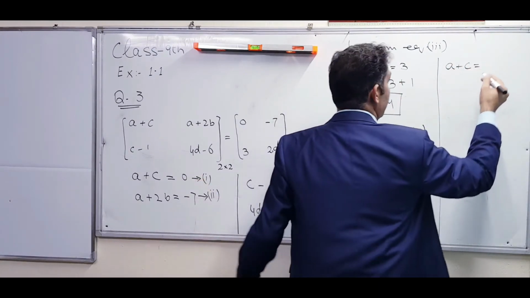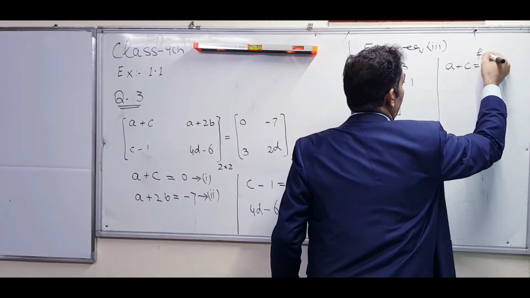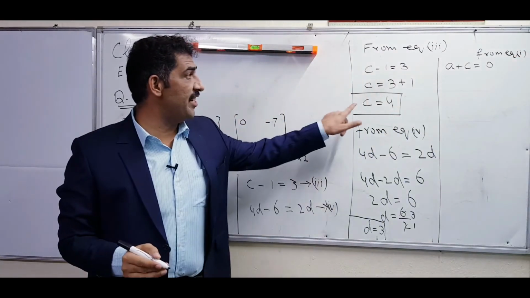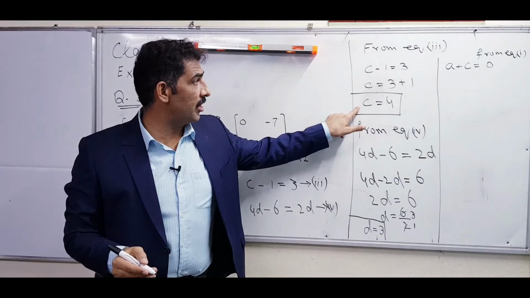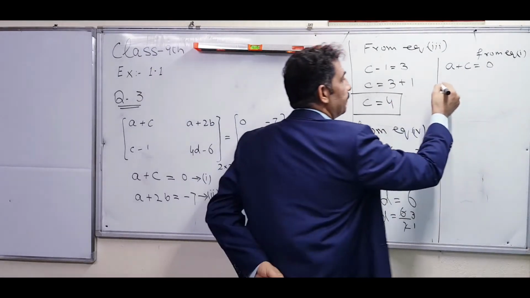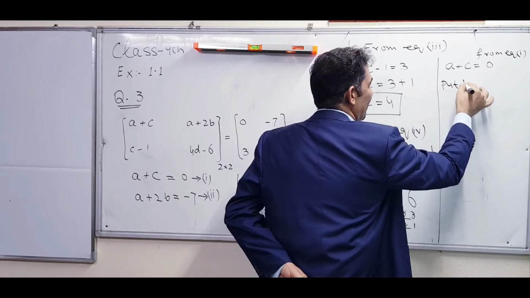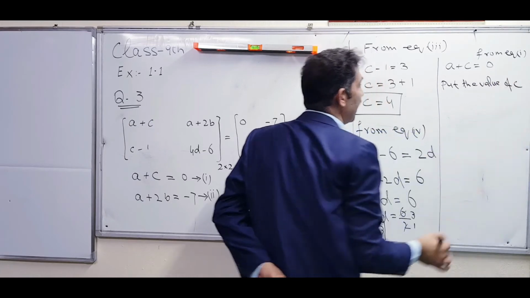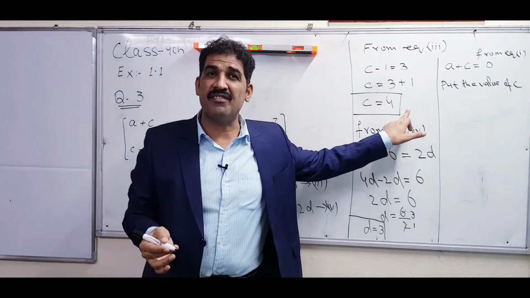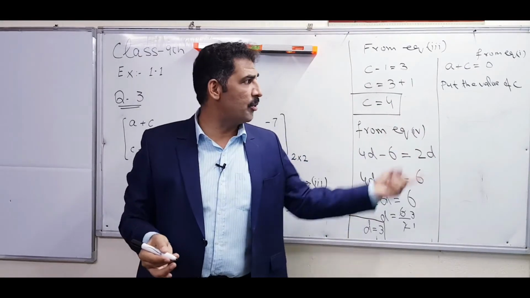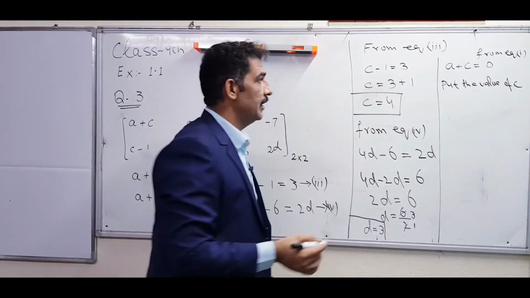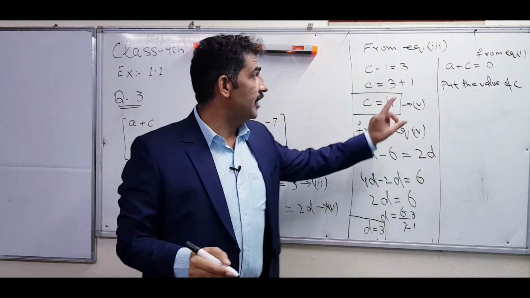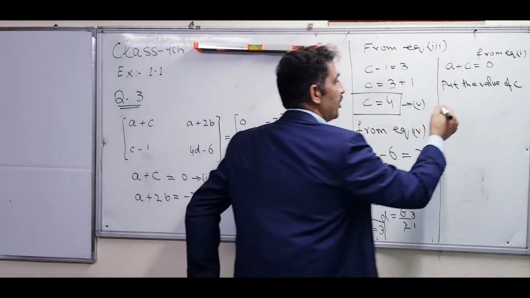is equal to 0. Here first we will write that from equation 1. Now here we will use equation number 3 by putting the value of C. If you want to write the name of this equation, equation number 5, then you can write, use equation number 5, or put the value of C from equation 5. Both are correct, right? If you want to write this equation number like 5, whose value we have already found, then put the value of C from equation 5.